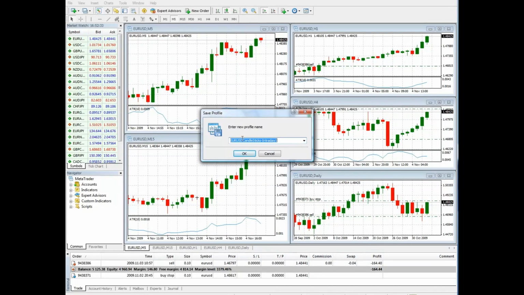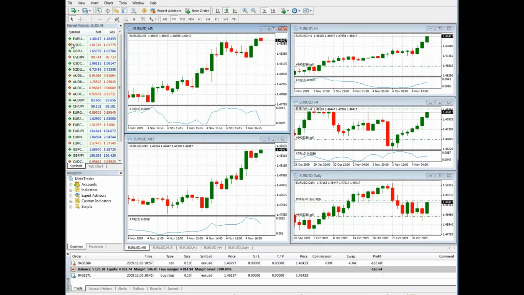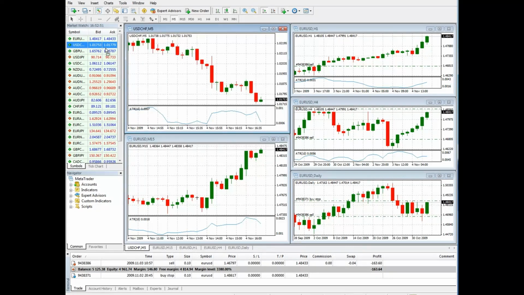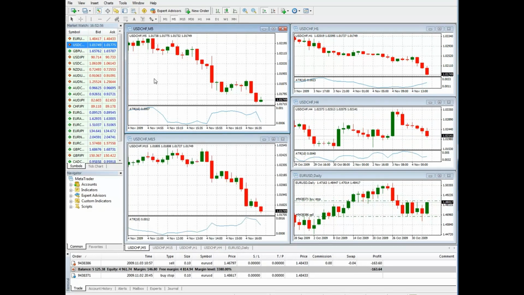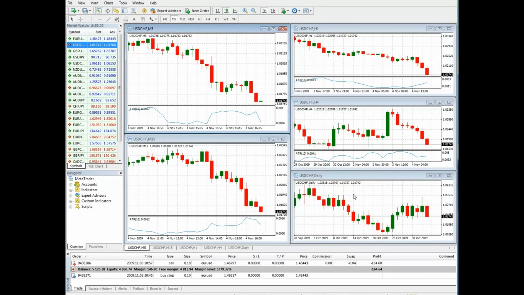You can pop this up here, but we don't want that name. We actually want USD CHF. So we're interested in the dollar Swiss franc. And we'll save that profile, and then what we do is we go over here and we drag and drop. There we go. Drag and drop in this manner